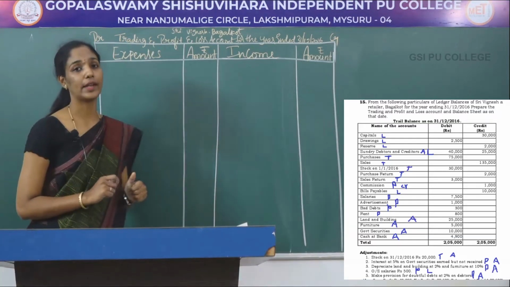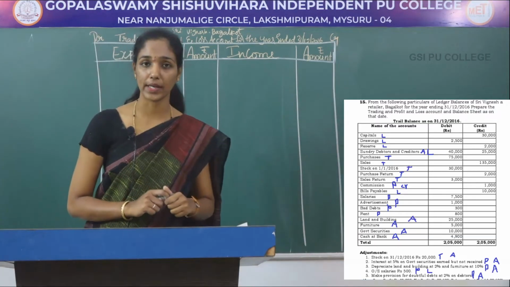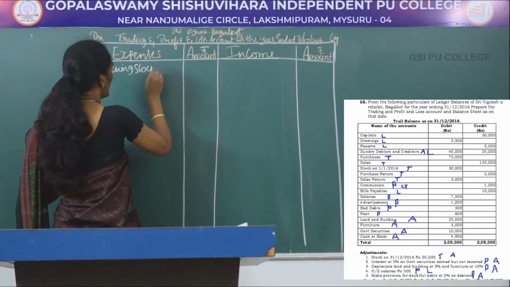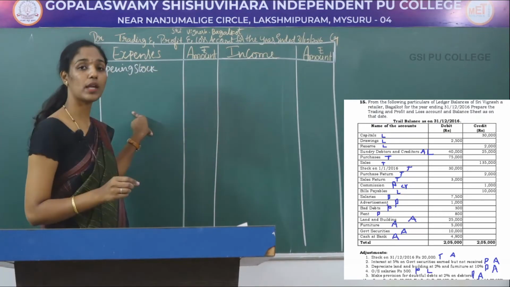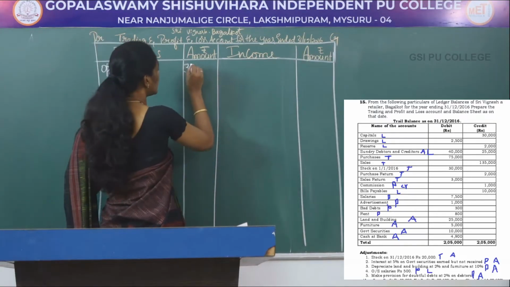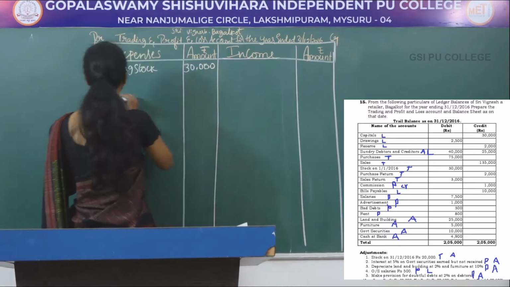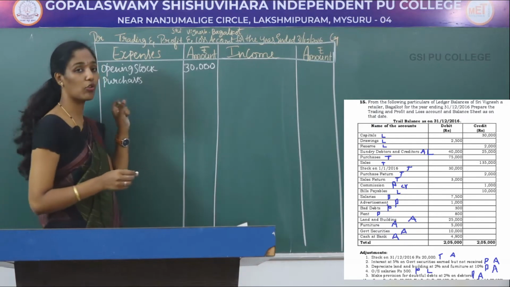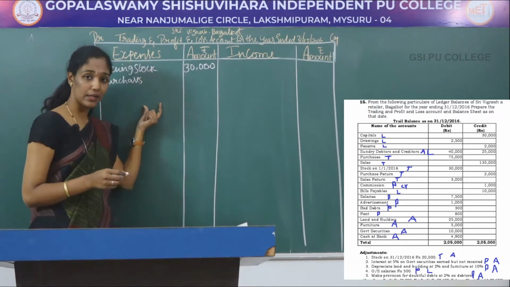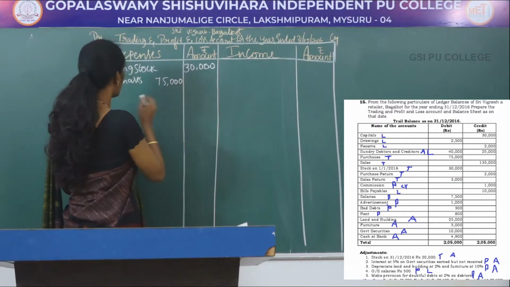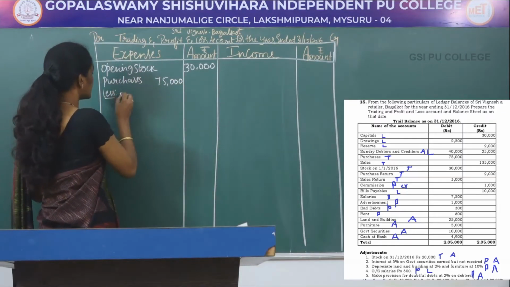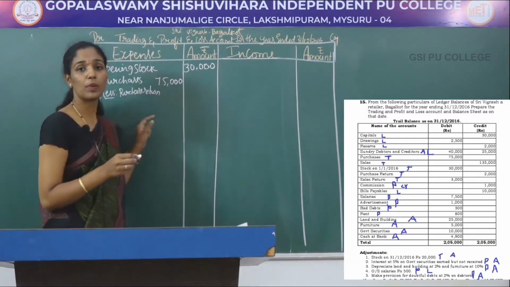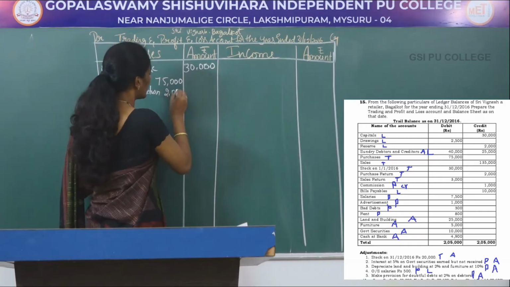12/2016. As usual, the trading account starts with opening stock. Opening stock, which is given in your problem as on 1/1/2016. What is the amount of opening stock? That is rupees 30,000. Next, purchases. There is a purchase return, so you have to write the amount of purchases within the statement. That is rupees 75,000. Then deduct purchase return, less purchase return. What is the amount of purchase return? 2,000. So you will get